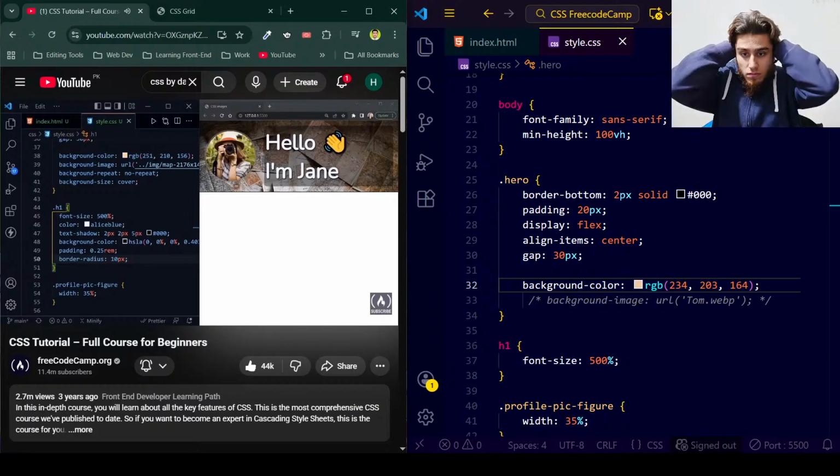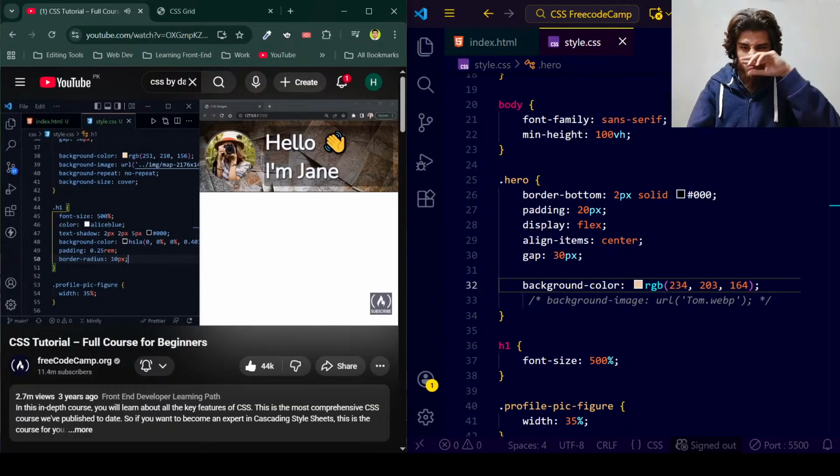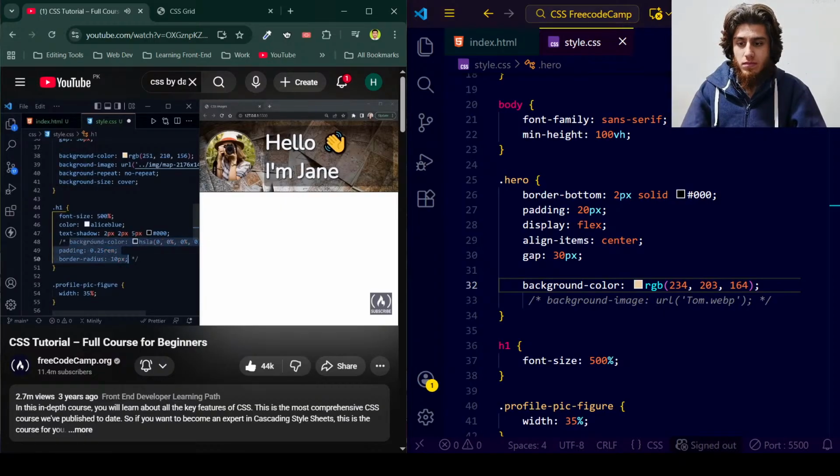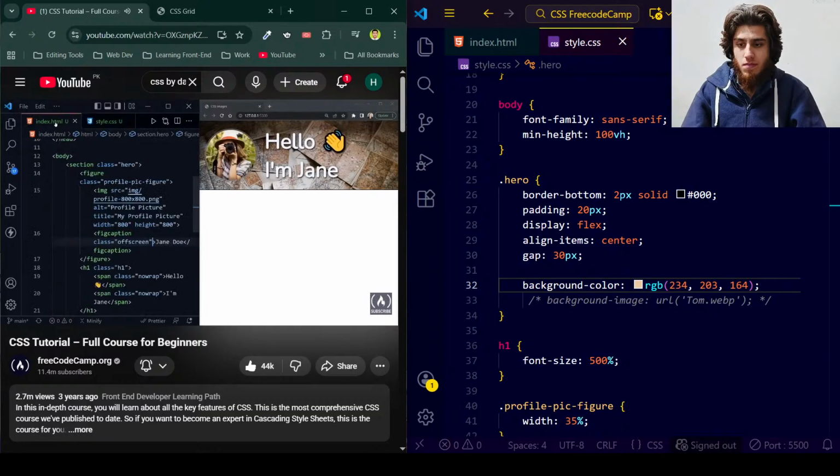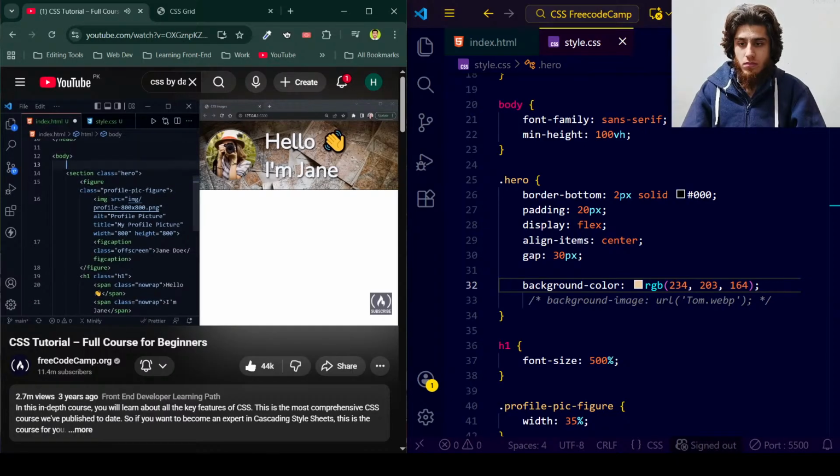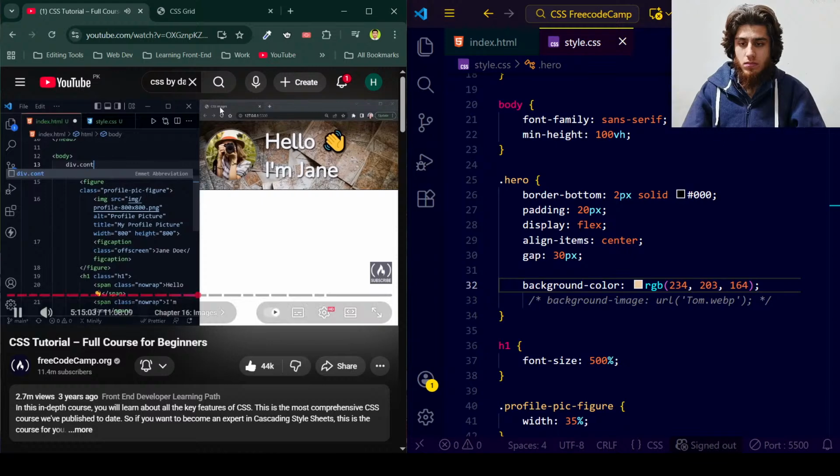But there is another trick we can do that applies the same thing, but does it more broadly so you don't really see this box around there. So I'm going to comment these out, but once again, leave them in the code for you because that is to preference. Now let's jump back to our HTML. What I'm going to do is put a container around our hero section. And here I'm going to use a div, and I'll just say class of